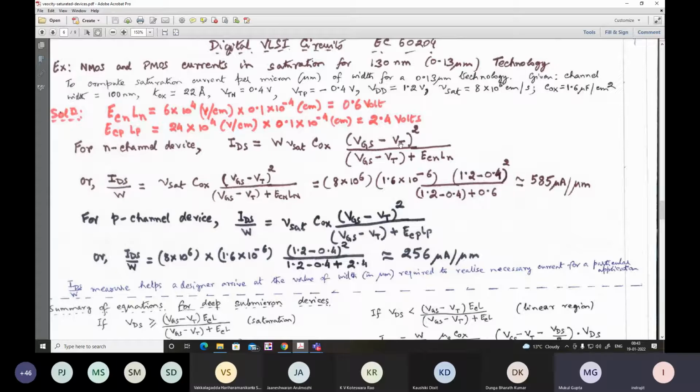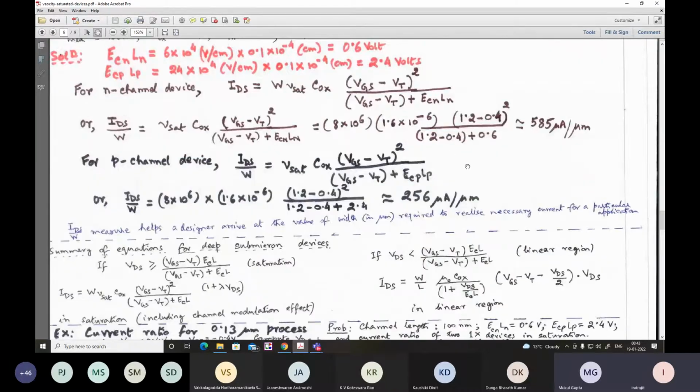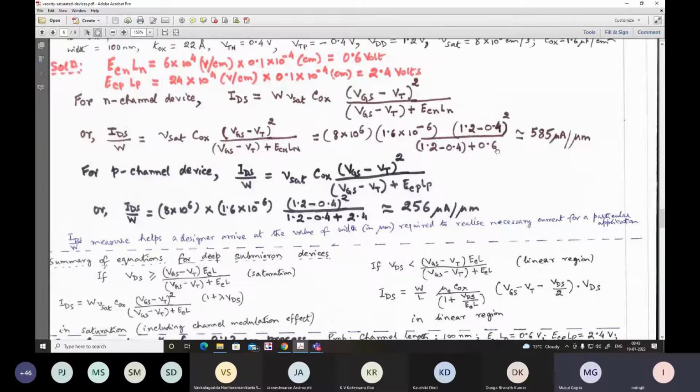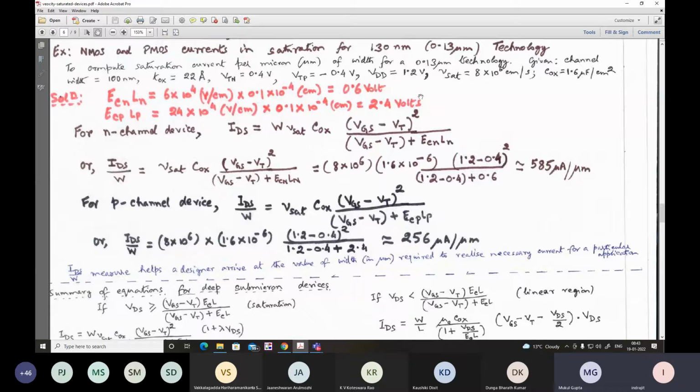And the nominal value of the threshold voltage was 0.5 volt for the 180 nanometer process, whereas for 130 nanometer, it is 0.4 volt. So these are the typical values. And with the channel length being different for 130 nanometer and 180 nanometer, it will lead to some amount of difference, but it is not a gross difference.